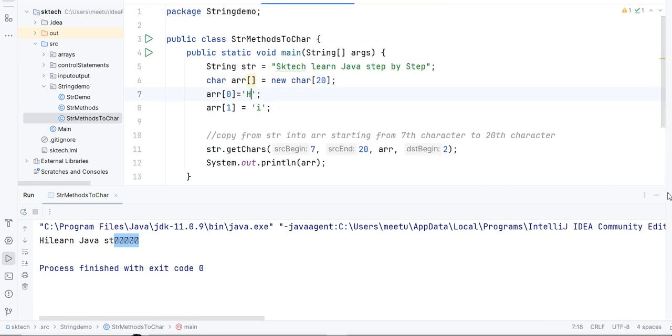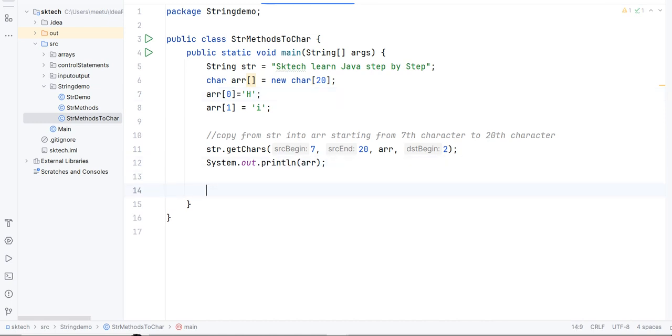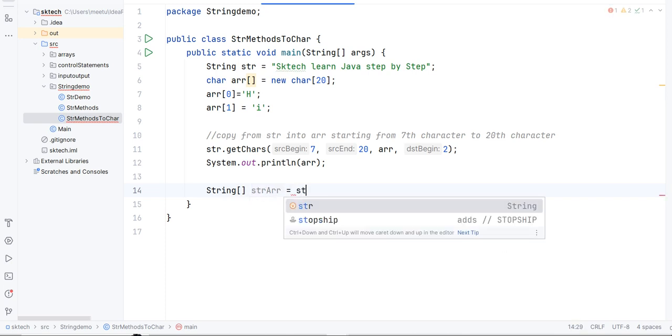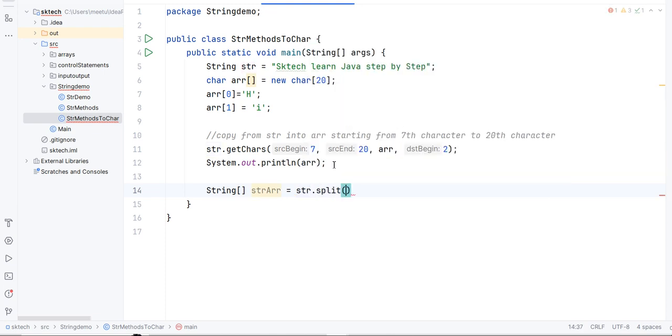Let's write in this class only. Let's write the output as a string array. So how can we create the string array? Something like this: String, square bracket, str variable. So str we have already taken, let's say strArr string array, and then str dot split, and here we have to provide the regular expression that is nothing but the delimiter. On which basis do we want to split this whole string? We want to split based on the space. So we can provide a space like this. It is basically expecting a string type, so it should be like this.